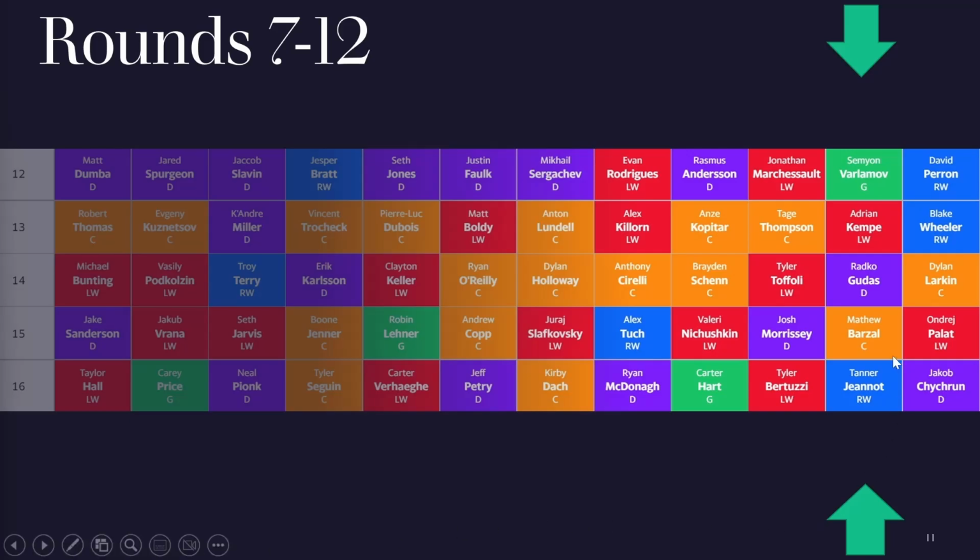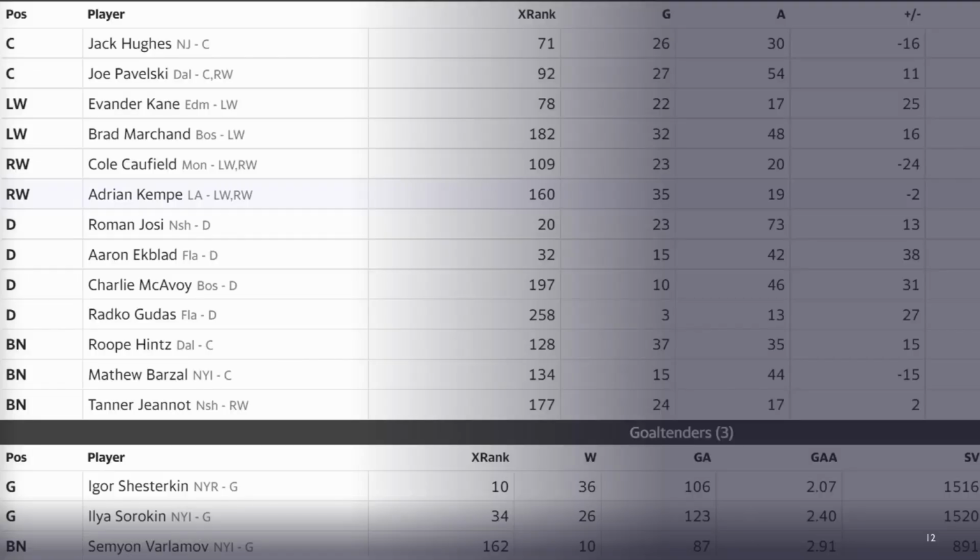But this is what the team shakes out like at the end of the draft, and this is what it looks like as a whole. And as you glance at this, what you notice is obviously I'm very strong in net and on defense. My goaltending categories should be unmatched by anybody in the league. And in a head-to-head matchup in the playoffs, that makes a difference.